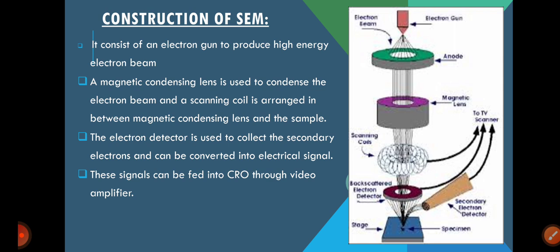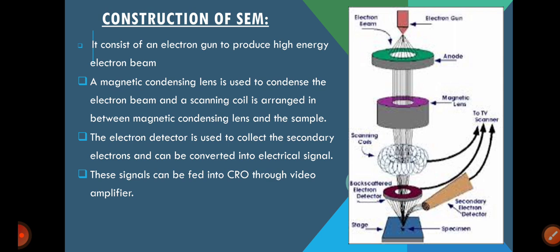After keeping the anode, a magnetic condensing lens is used to condense the electron beam, and a scanning coil is arranged in between the magnetic condensing lens and the sample. This scanning coil we are using is scanning like a TV scanner. The electron detector is used to collect the secondary electrons, as I told you in the principle of the electron